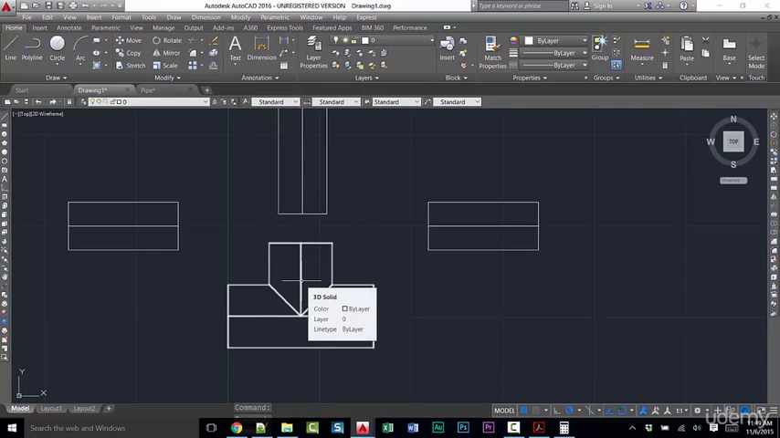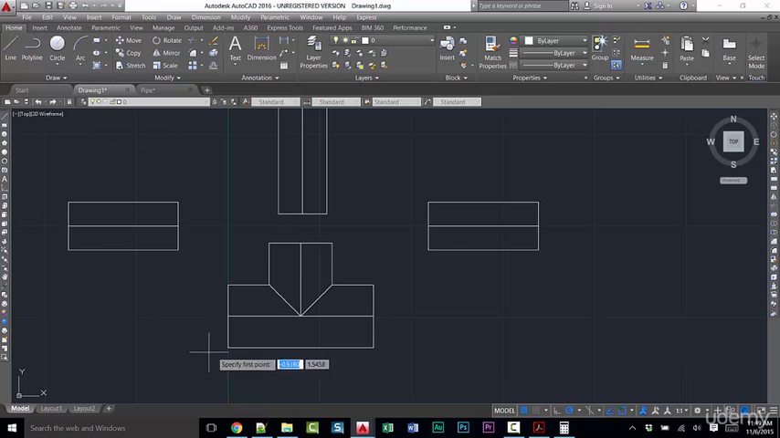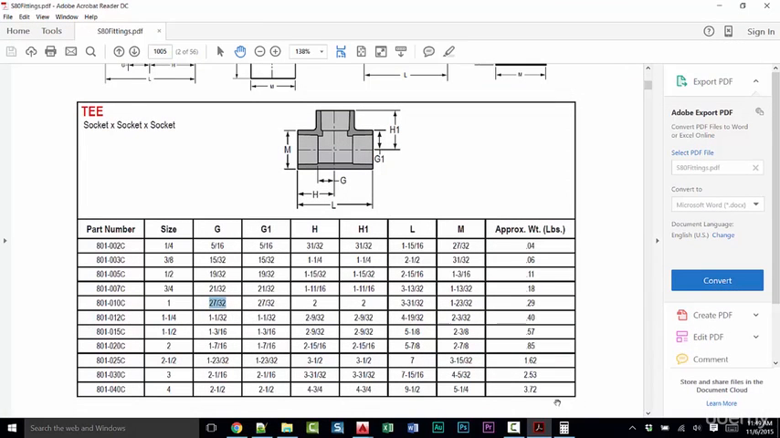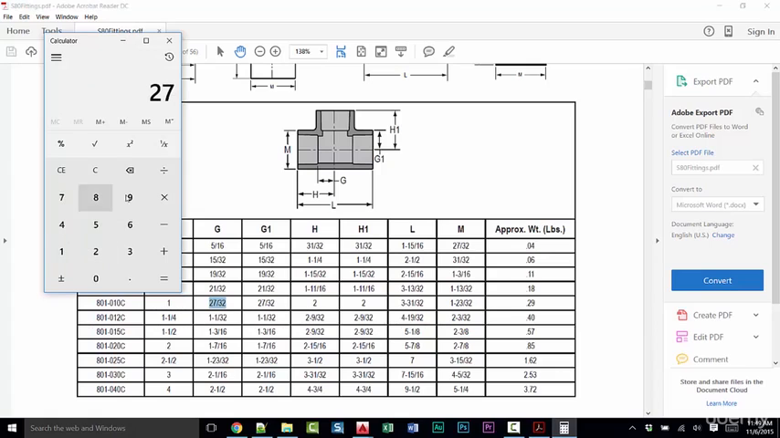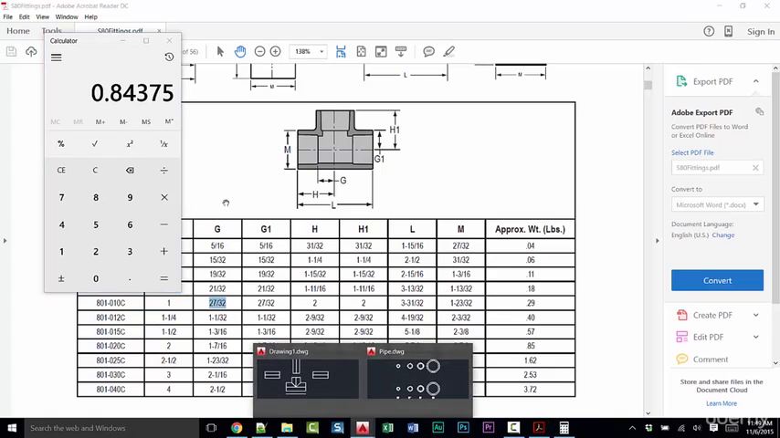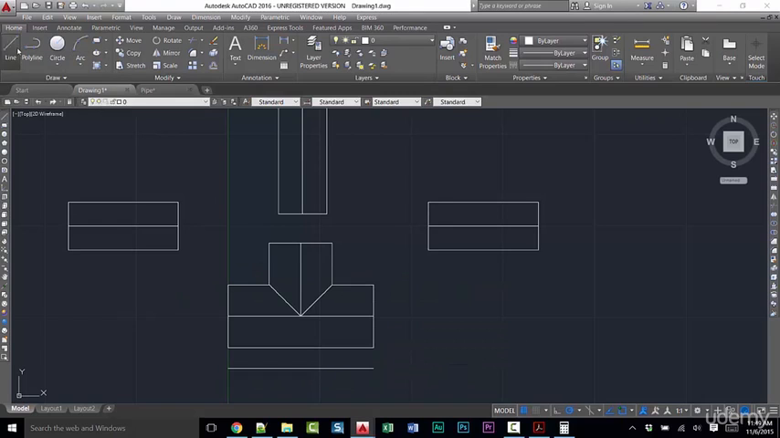And now we can go back and look at that G dimension. I'm going to go ahead and create myself down here a nice little line, just like I had before. That's going to help me find a center for that. And now let's go back and see what that dimension actually was. 27/32. So 27 divided by 32, and that's going to be 0.84375. So back into AutoCAD, we're going to draw another line from the center of this,